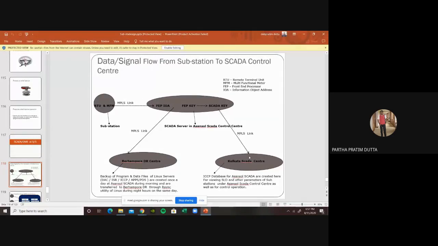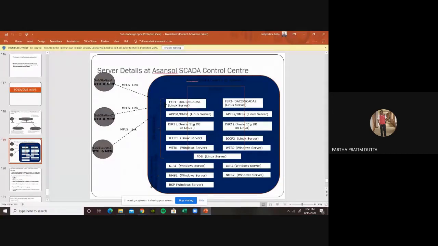It is called DC, data center. So this SCADA data simultaneously goes to the data center at Calcutta, and the backup is restored in the Behrampur DR center, the data restoration program. What we do, we practically collect all the substation data. There is supervision and control; we can control it sitting in the Asansol data center or sitting in my office. Through that software, I can switch on or switch off any 11 kV switchgear or 33 kV VCB. We can